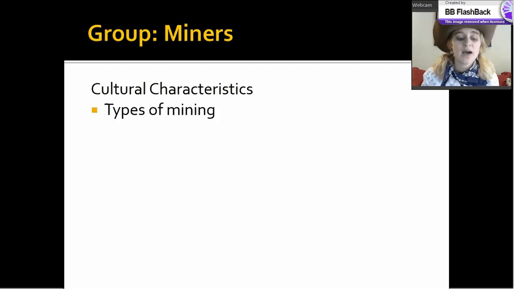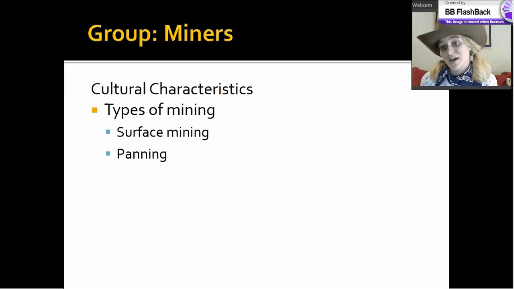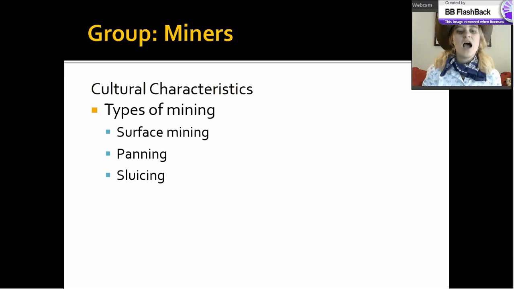In terms of the type of mining that would happen in the West, there are a few kinds. So surface mining is like, oh look, there's a piece of gold on the ground that I can pick up. That's kind of the easiest, but also the hardest, in the sense that it's hard to find. Panning is what you might have done as a kid if you ever went to one of those panning places where you stick your plate into the water and there's a sieve or a mesh at the bottom, and all the sand and water runs through it and you can find like the little gemstones. So that was a pretty common way. There's something called sluicing. That's similar. I'll show you a picture of that in just a second.